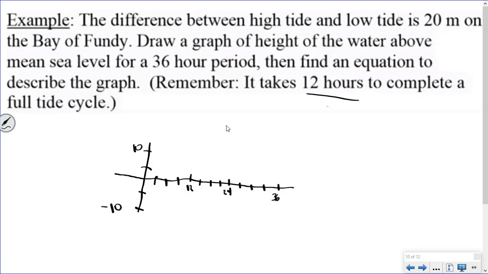So it's up to us to decide what we want. If we want a sine graph, we're going to start with the middle. If we want a positive cosine graph, we're going to start with the high. And if we want a negative cosine graph, we're going to start with the low, right? So it's really up to us to decide what kind of graph we want, and that's going to tell us